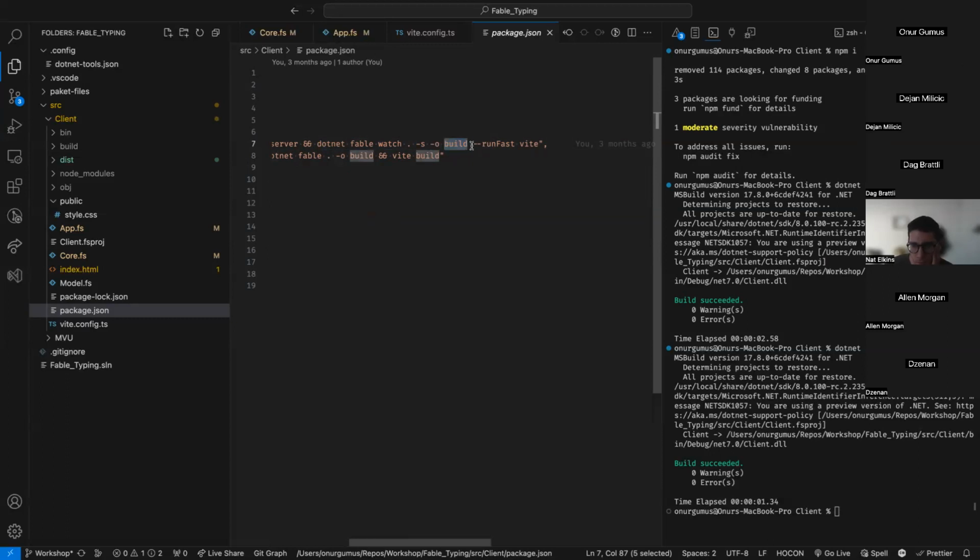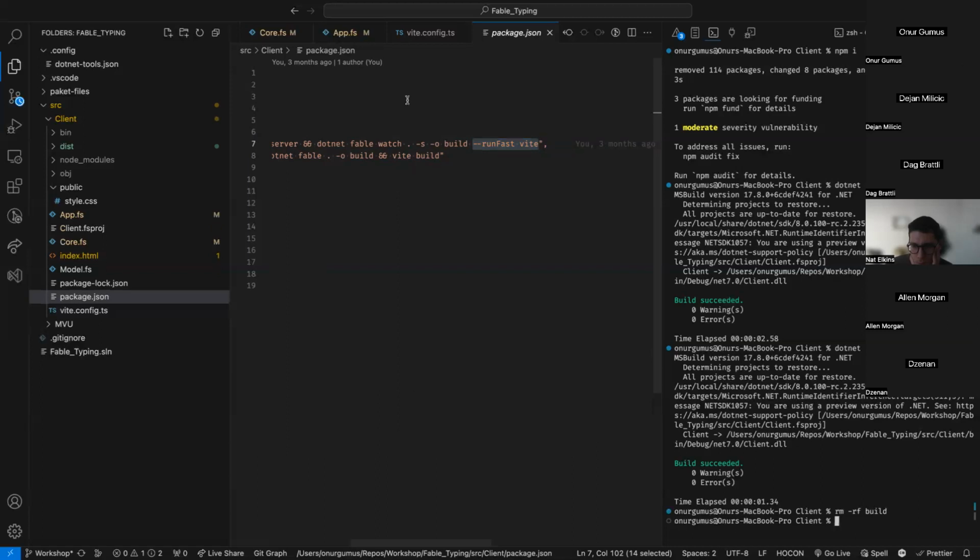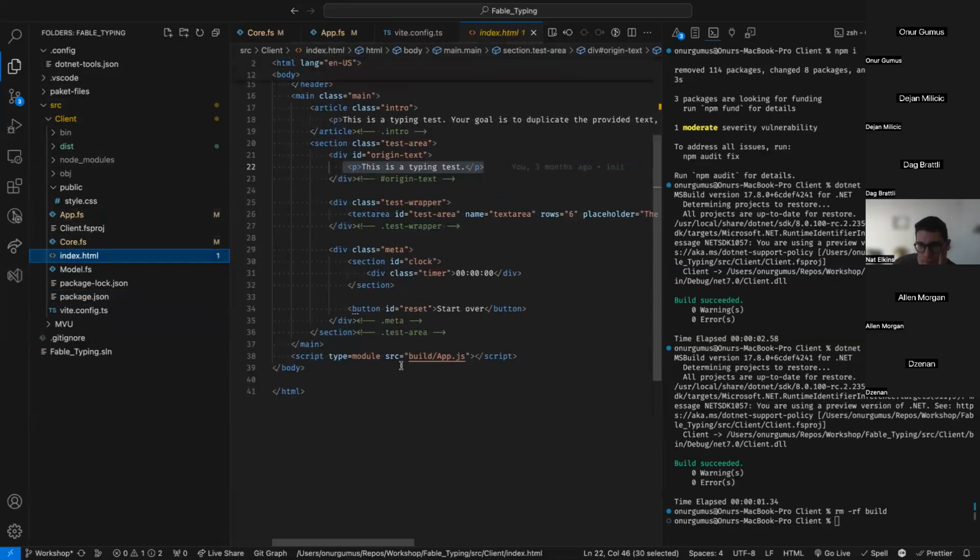Then I would like to also run Vite as well. I'll just clean my existing build folder. You don't have to do this, just in case something is cached. Once this comes out, let's run. It will actually create a build folder here, and our HTML file. You can see that there's a script here. It will grab that from the build folder, and the output file will be app.js. So in order to run this inside the client folder, I just do npm run start